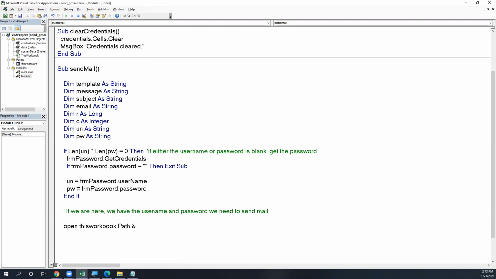Concatenated with, oh, and by the way, sorry, Mac users, we're using objects that are Microsoft objects here. So you can follow along, but you won't actually be able to send today. Sadly. Application.path separator. And then